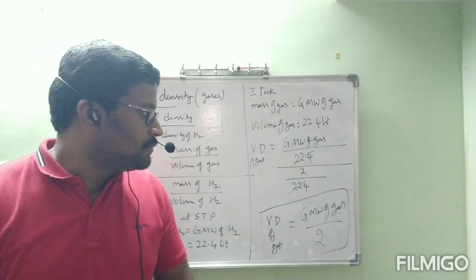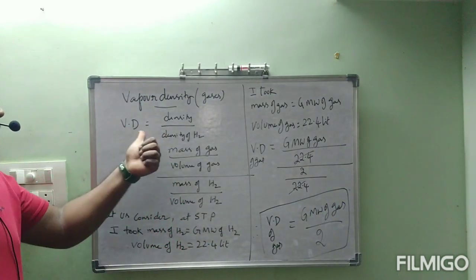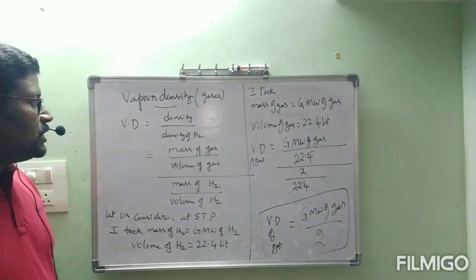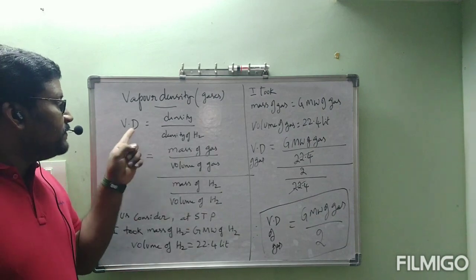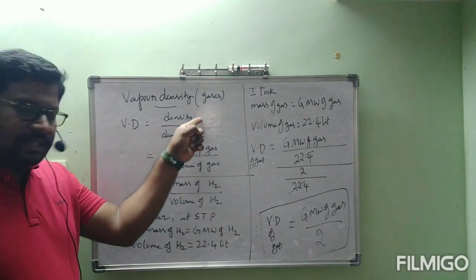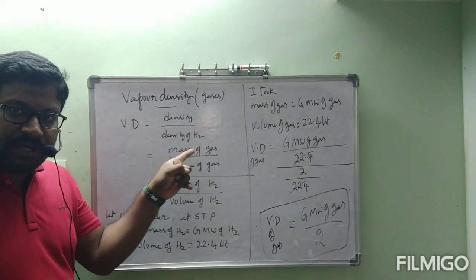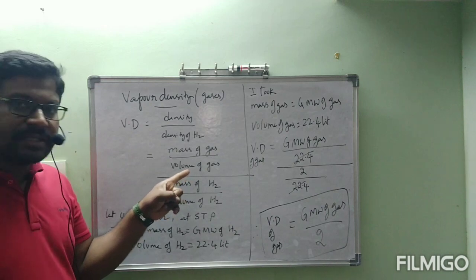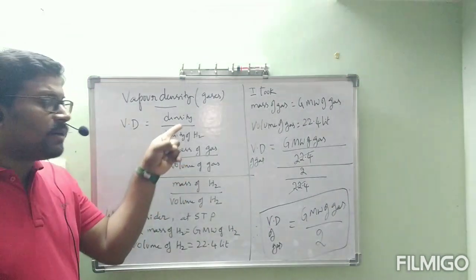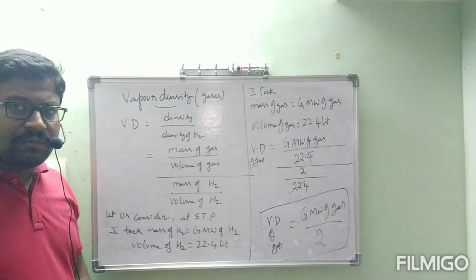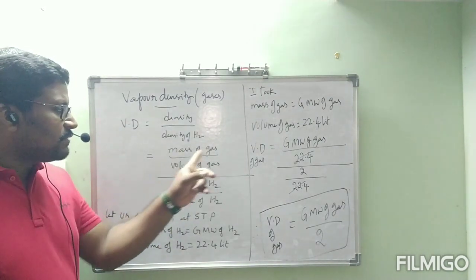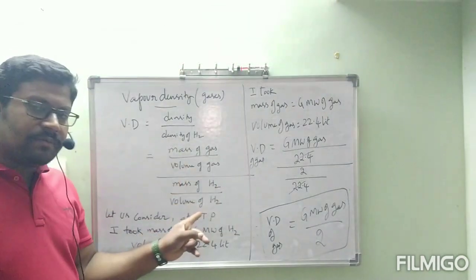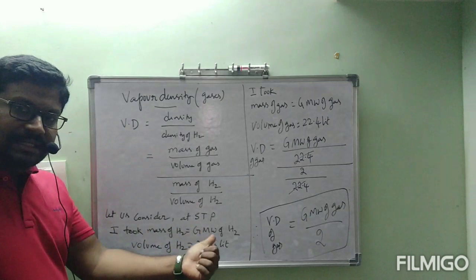Okay. Now one more time I will show that one. What is the formula of vapor density? Vapor density is equal to density of gas divided by density of H2. For which gas are we taking this? That gas is this one. It is equal to mass of gas by volume of gas. Why did I write like this? Because this is the formula of density. For which density are we considering? Gas only, na? That's why mass of gas divided by volume of gas, whole divided by mass of H2 divided by volume of H2. Let us consider at STP.